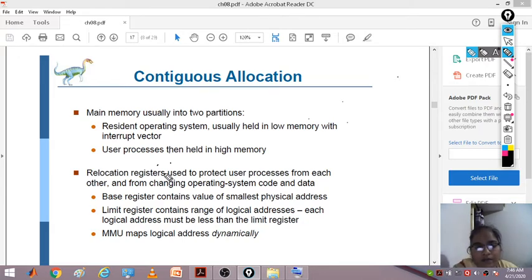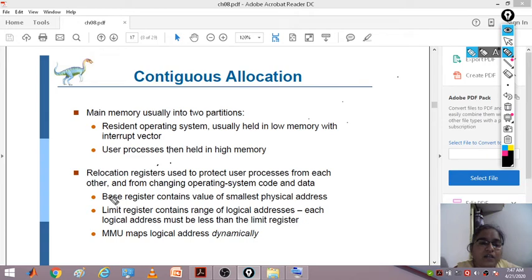So one by one, 14,000, 14,002, and so on, continuously one after the other, your lines will be sitting in main memory. That is actually contiguous allocation. Contiguous allocation means the complete process resides in one particular location at a stretch. There are some techniques where we break a process into pieces and different pieces reside in different locations. Here, contiguous allocation means it is allocated continuously in main memory.